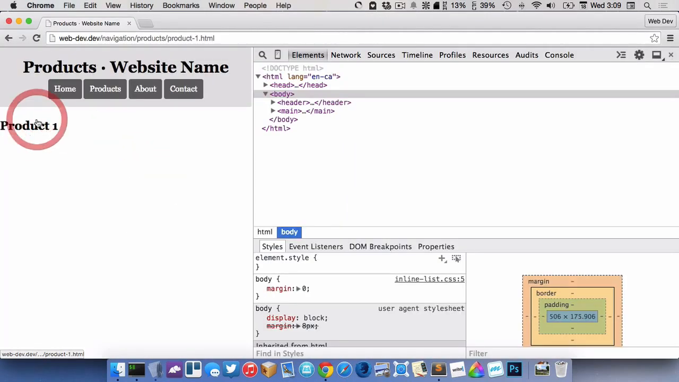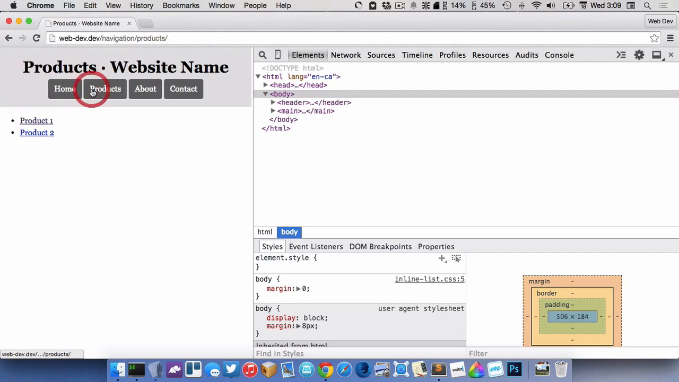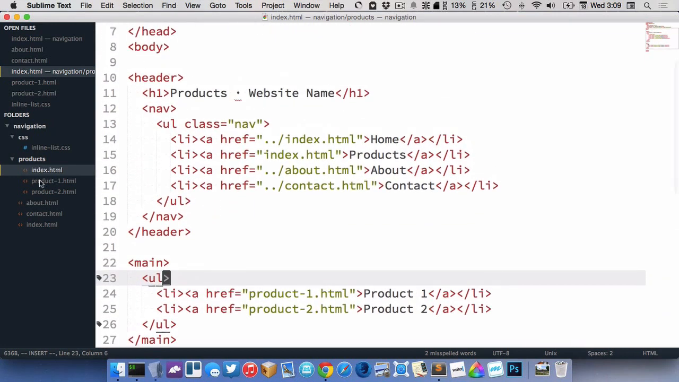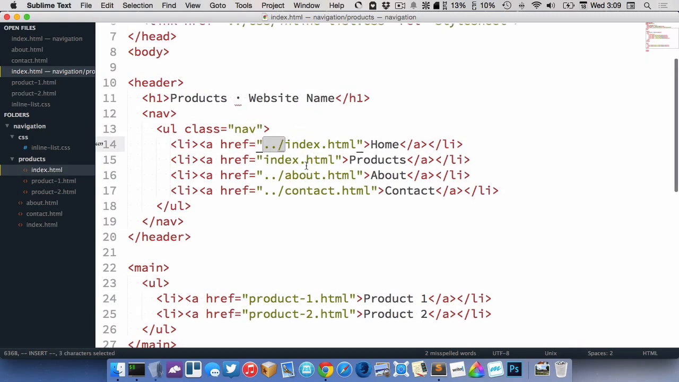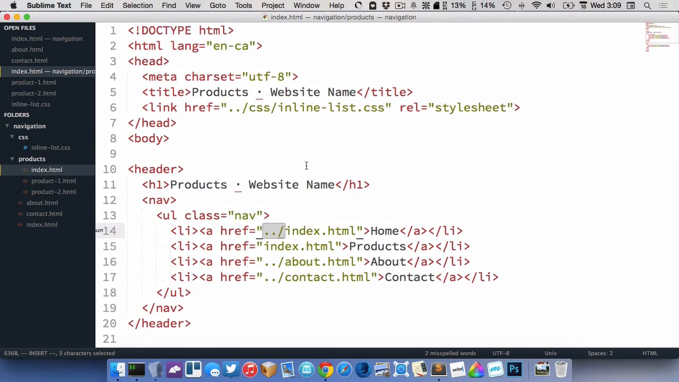So if I click on product 1, I go to the product 1 page here, but I still have access to all of my other navigation. And I can go back to products and click on product 2, and here is my product 2 navigation. So we've got complex navigation here using folders, subfolders, and different files inside those. So .. remember, allows us to go out of the current folder to find something else in another location on our